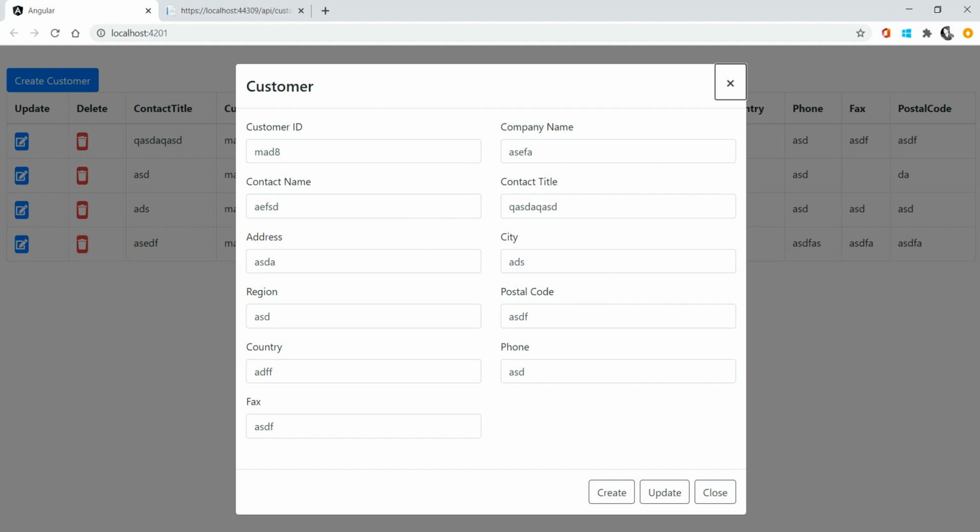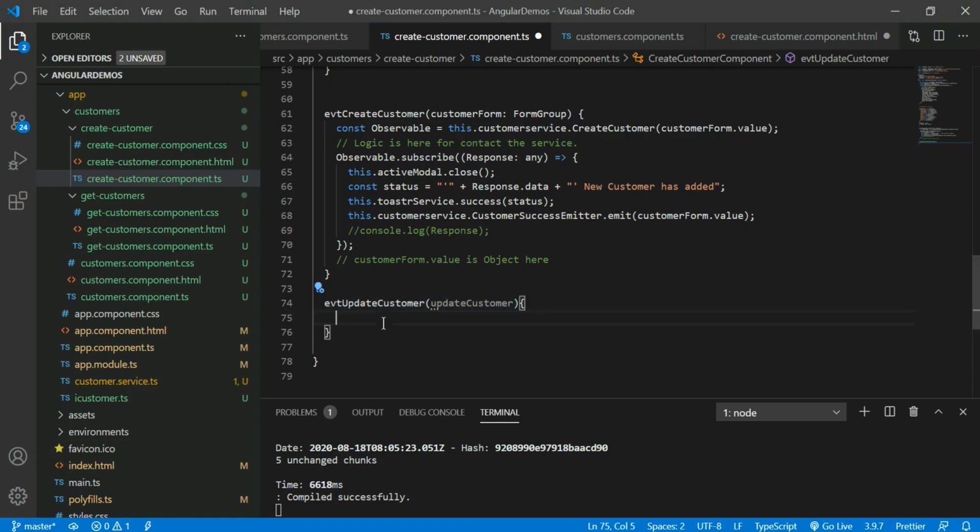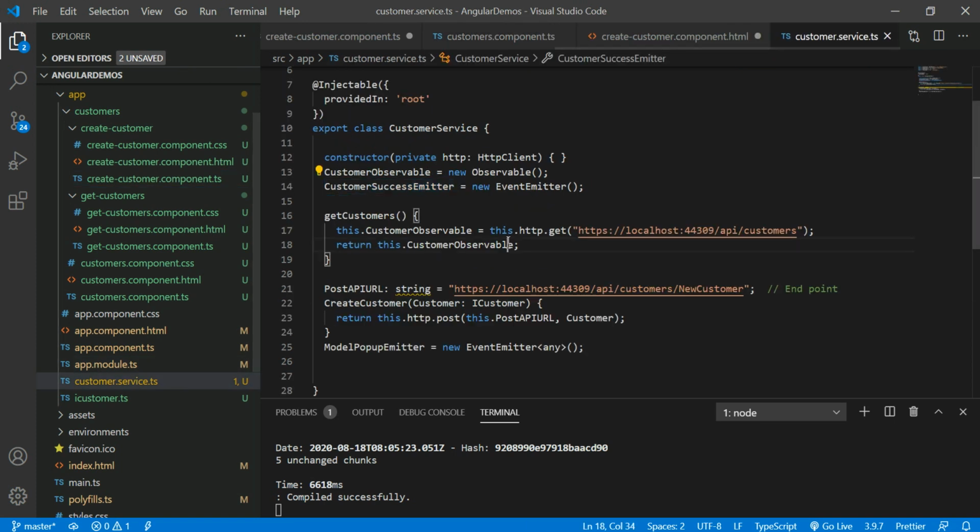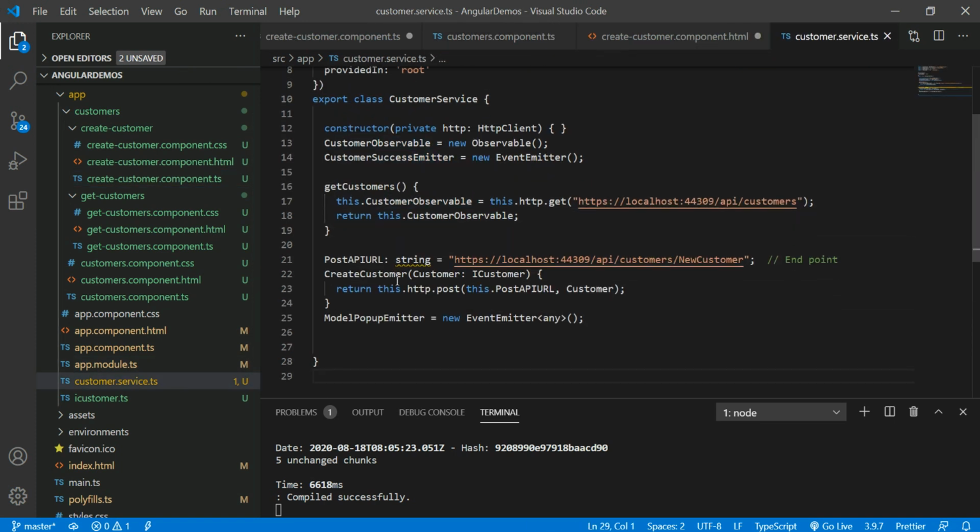For that I need to write one service instance here. Why? Because I can't directly write the HTTP put request here. I need to prepare that HTTP put request in the customer service, so that we maintain all the services in this location.